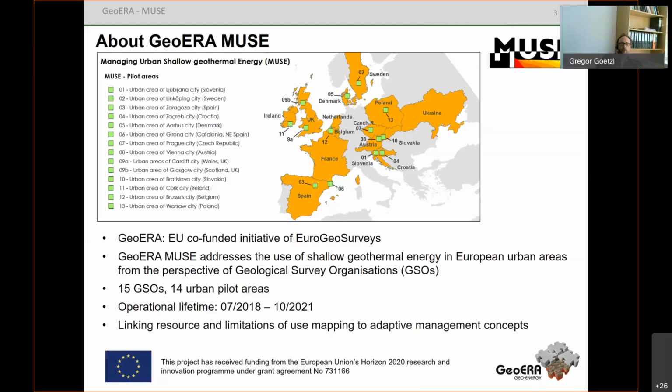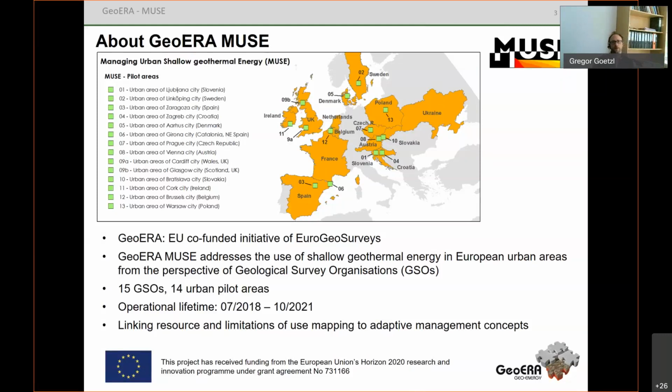So we were addressing management of shallow geothermal energy use in European urban areas with a special focus on the work of geological survey organizations. So in MUSE, we were looking at 14 different urban areas in Europe. You can see this on the map, but not so much from a technological point of view, but also from